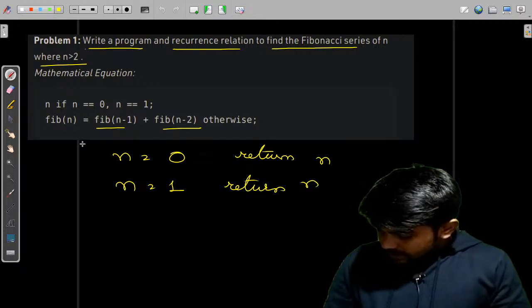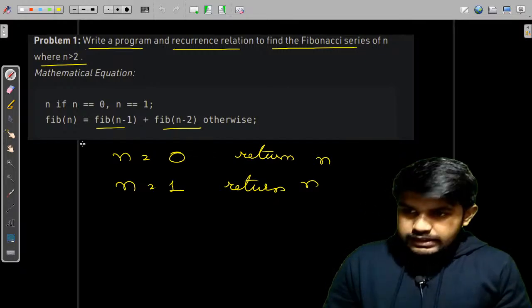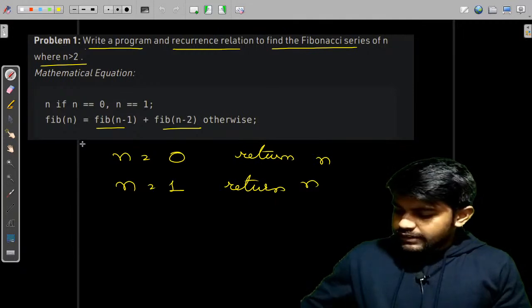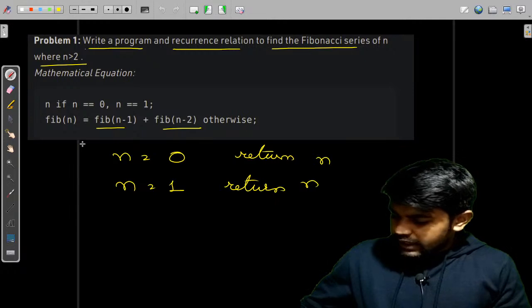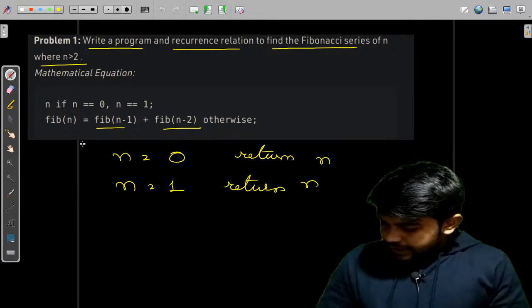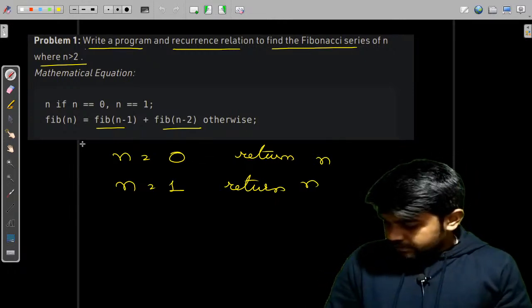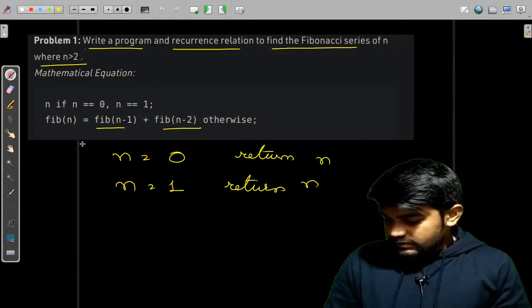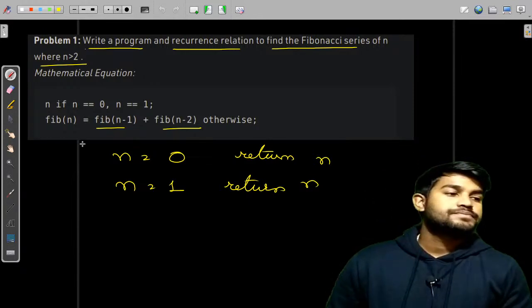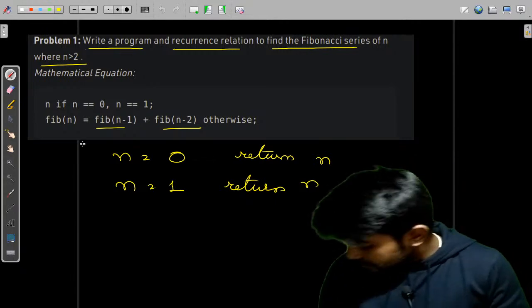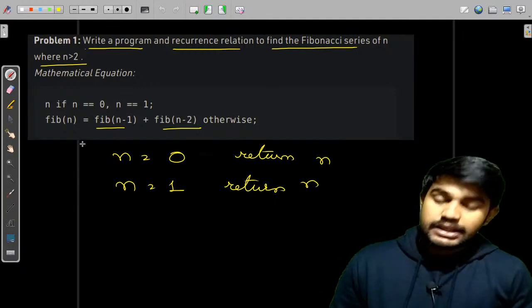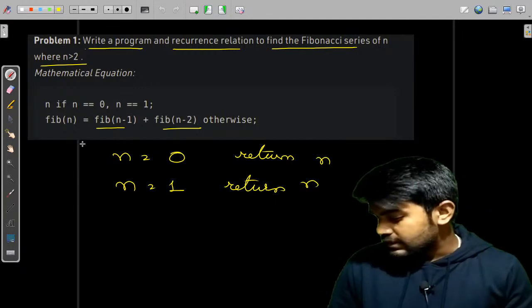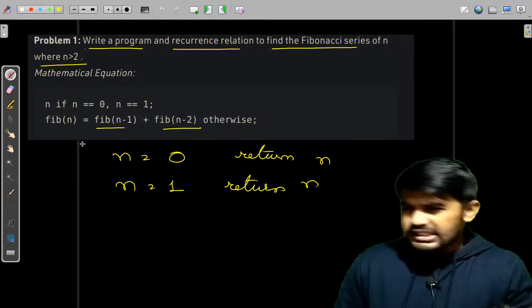If n is equal to... the answer is in the recursion problem statement itself. Even if it is given, just try your level best to solve it. Just write the recursive code and provide me the code. This equation itself is the answer. Just tell me how to solve this in code. It's just an easy problem.